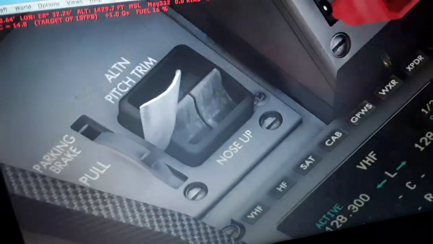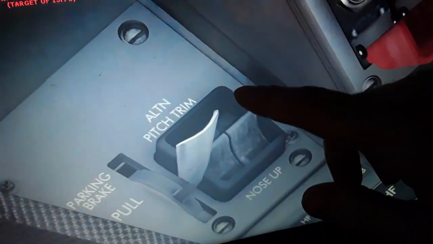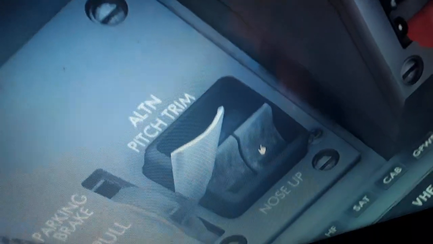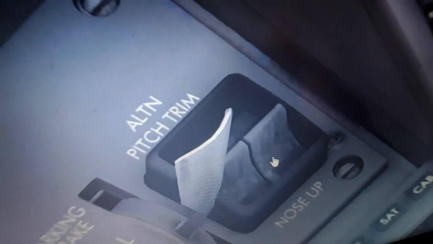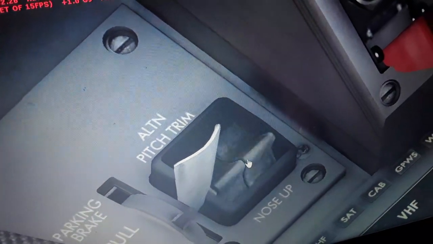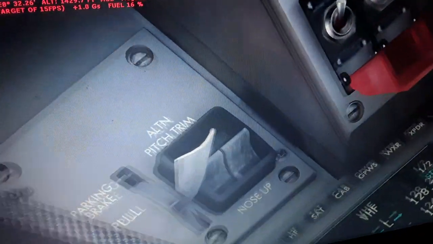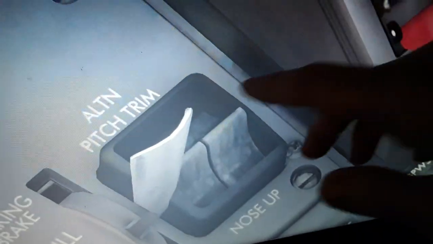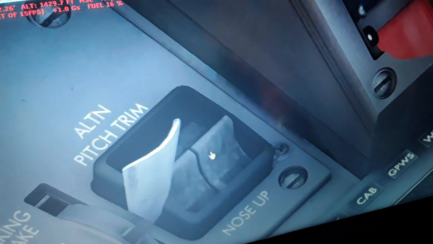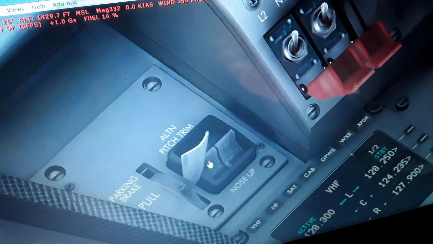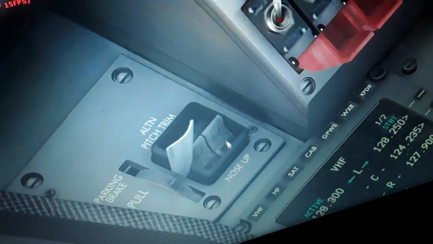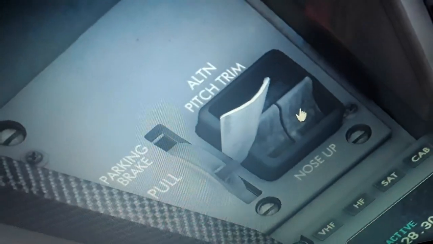The alternate pitch trim you can see for the elevator. So we have the alternate elevator pitch trim, nose up and nose down. Again you trim with the alternate flight control computers channel over here. The nose of the aircraft as you fly pitches up and pitches down, or the elevator trim up and trim down. So this is the meaning. Some aircraft have the whole stabilizer, the horizontal stabilizer, not just the elevator trim. So we have also the parking brakes over here,